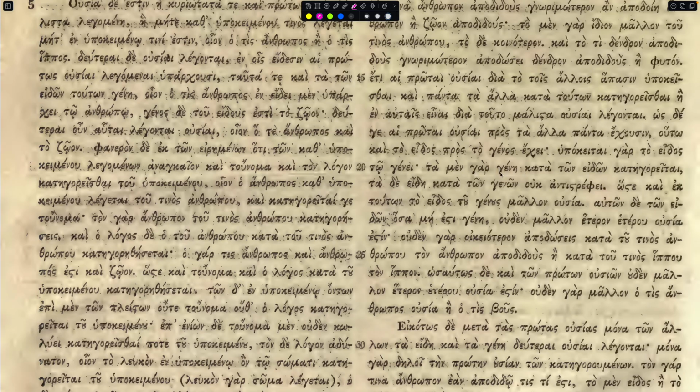genus is predicated of the species, right? We predicate whale of humpback, okay? We predicate harpy of eagle, or eagle of harpy, you know what I mean? So